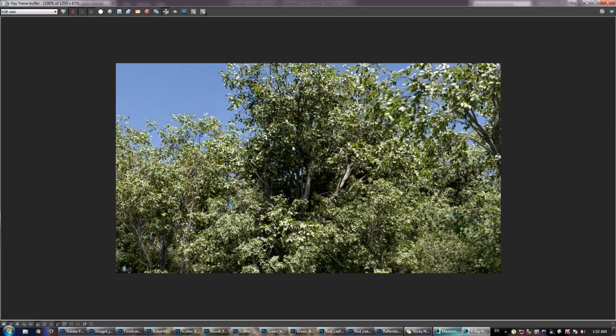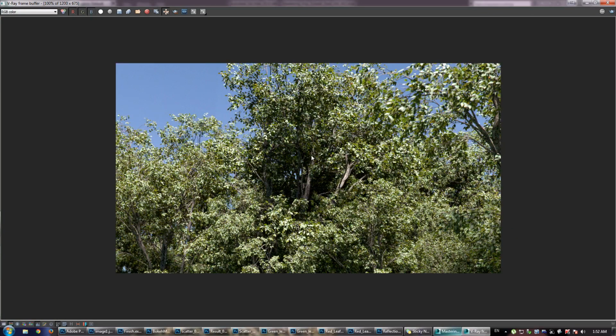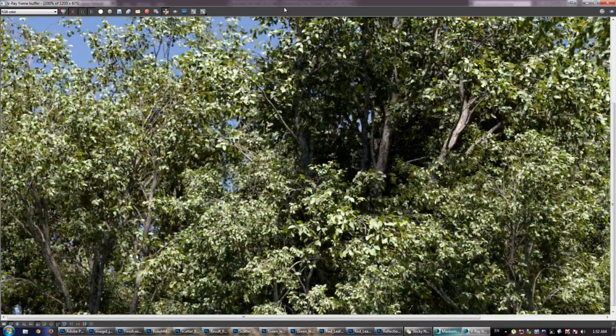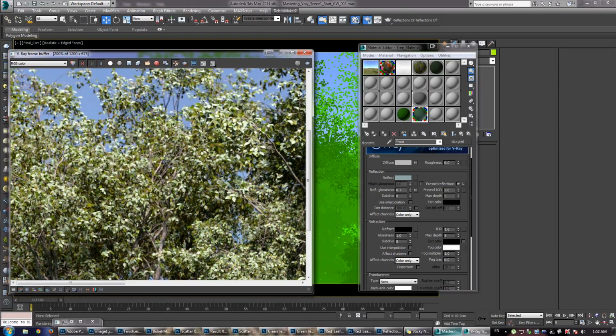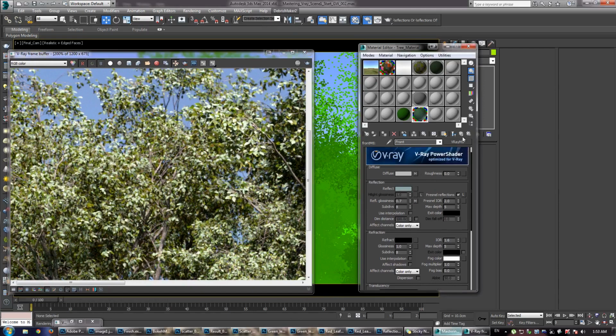So you can see now we've totally changed the way the material's looking, and in some ways it looks a little bit more realistic, and in other ways the leaves look a lot too similar and there's overall too much light bouncing off them from all angles. So what I'm going to do to fix that is firstly I'm going to go in and apply a texture map to the reflection,